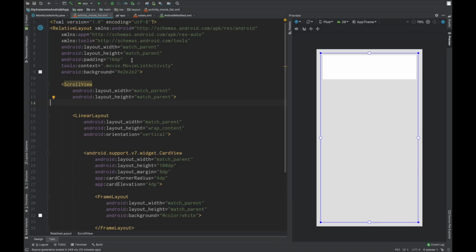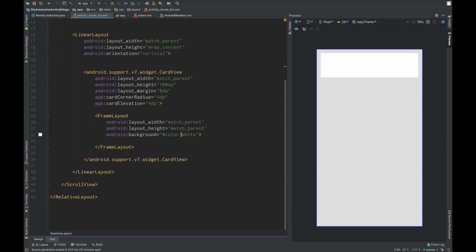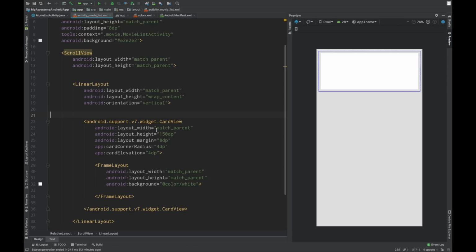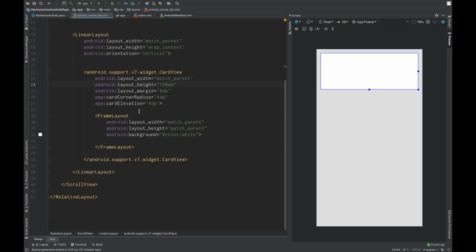Let's reduce the padding to 8 dp. Okay, now let's also increase this height of the card to 200 dp, or let's make it 150 dp. Okay, now we have a scroll view, a linear layout, and a card view inside with a frame